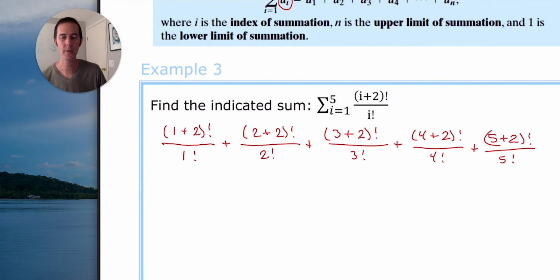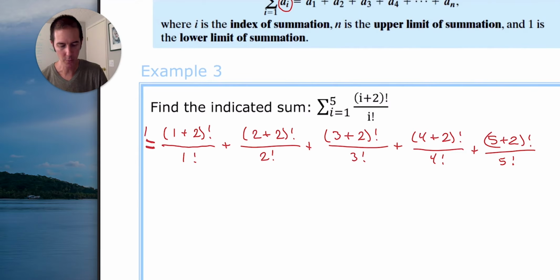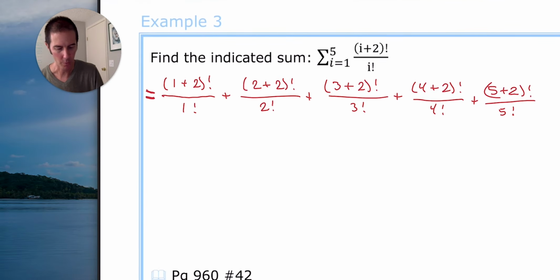And it's important that the exclamation point is on the outside of the parentheses in the numerator. That way we're doing the addition that's inside the parentheses first, and then we're applying the exclamation point, the factorial notation. I did put an equals sign over here on the left because it is equal to our original statement. And then what we're going to write down next is going to be equal to all of those fractions being